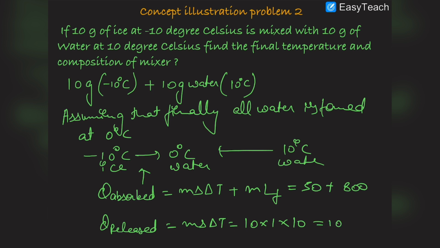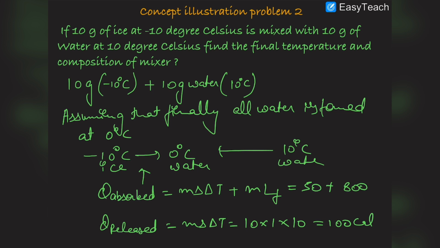So this is 100. So you can easily see that it is not possible that all water would be formed, because the heat required by the ice to completely melt is 850, and water can only supply the heat equivalent to 100